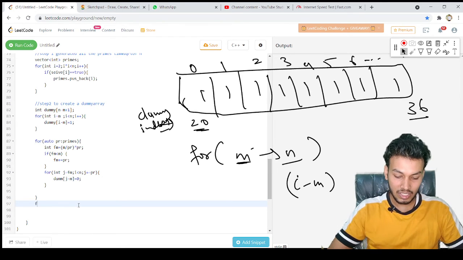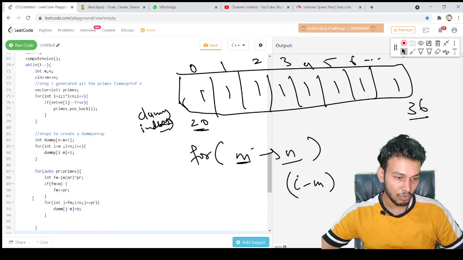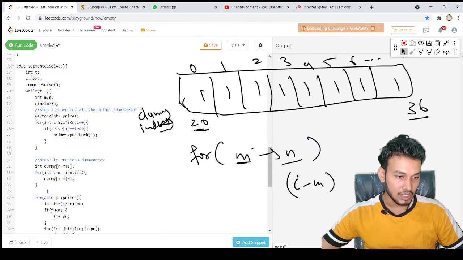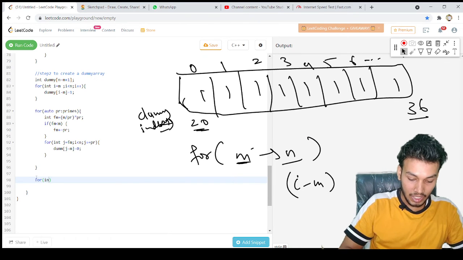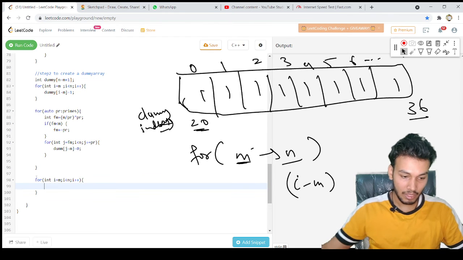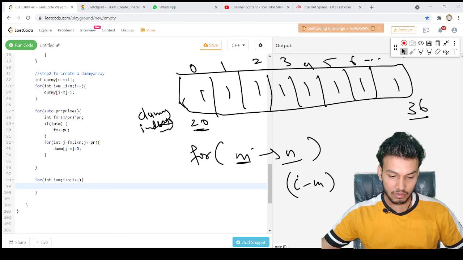So then you can simply run a for loop on your dummy array. After this for loop, or for this particular test case, this is inside this while loop, right? So I can say int i = m; i <= n; i++. Basically we can simply now print.